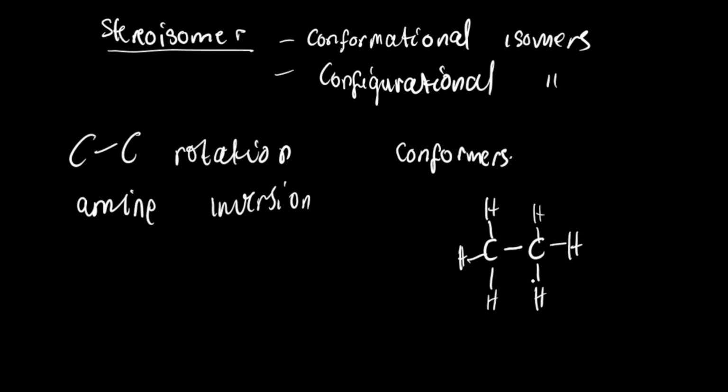Now, of course, as we stated earlier, we won't be considering conformational isomers in this video, but it's just as a brief overview. Let's take a look at how rotation about a carbon-carbon single bond can bring about different spatial arrangements. Remember that when we're considering stereoisomers, we're looking at the different spatial arrangements, how the atoms could be oriented in